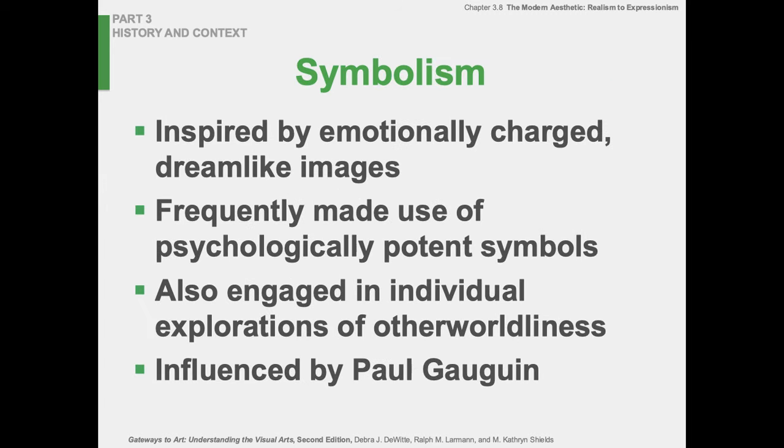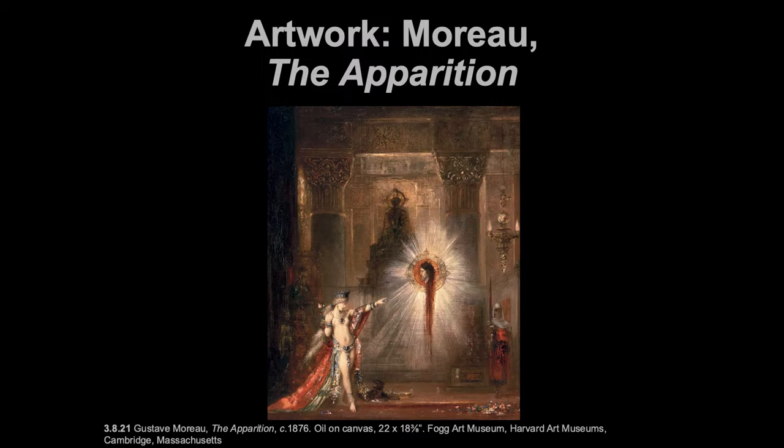Symbolism is our next ism. So many isms in this era, and we're just really in the thick of it. It won't end for quite a long time. So they're looking at Gauguin and they're thinking, oh my goodness, this is otherworldly. He's depicting the spiritual in a real situation in the world. We like this idea of this psychological and spiritual exploration.